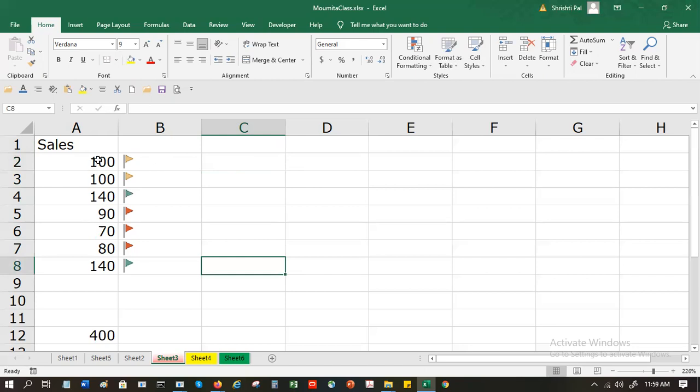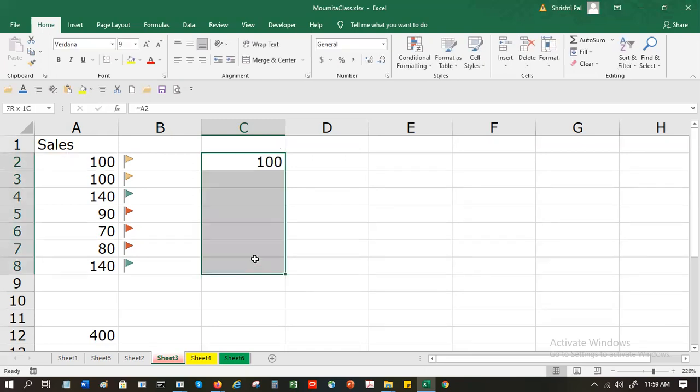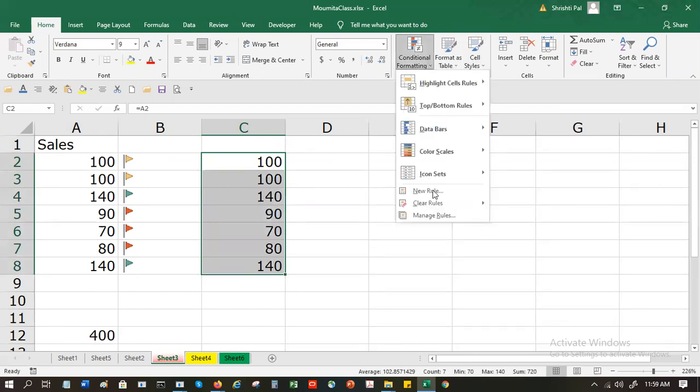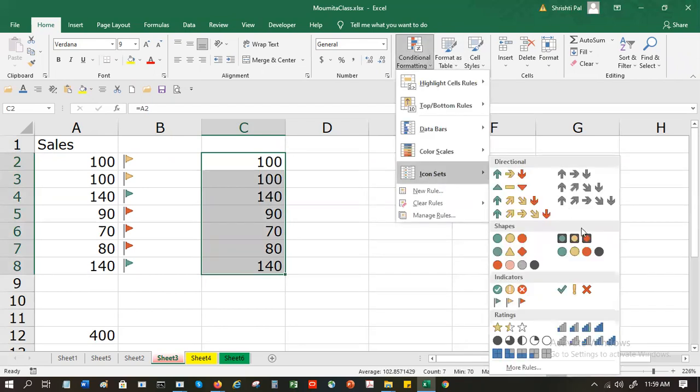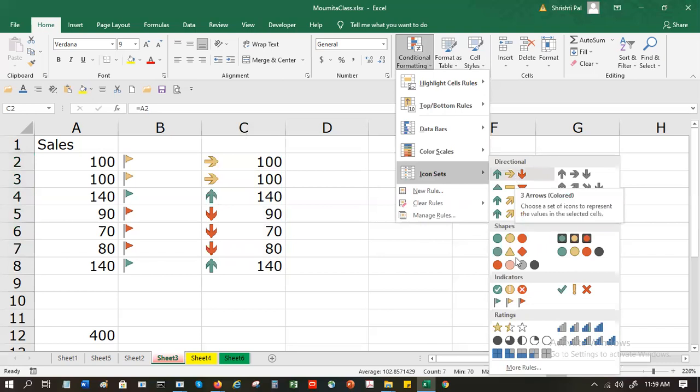Let me tell you again what I did. I put this source, I copied this here, went to conditional formatting, icon sets. I can choose any other if I want: red, up, down, or something like this.